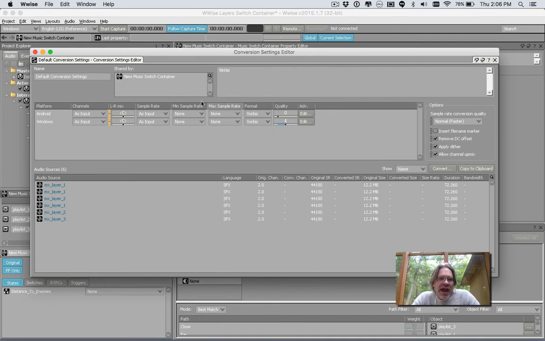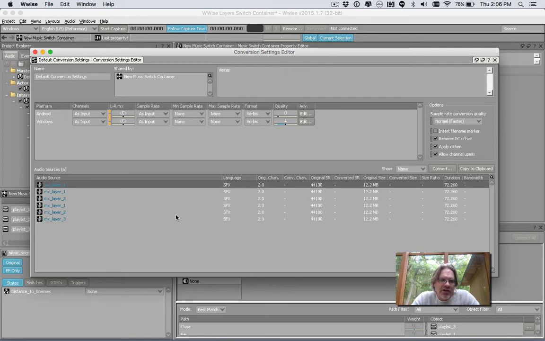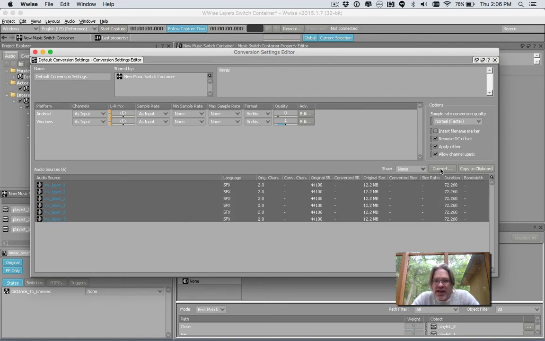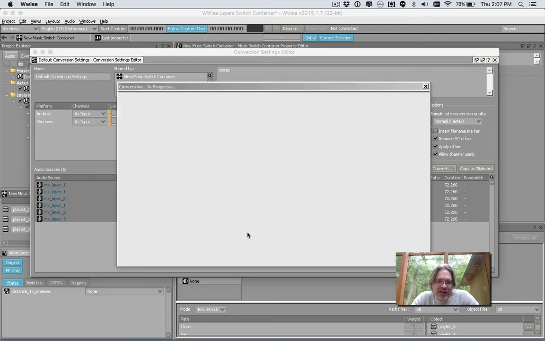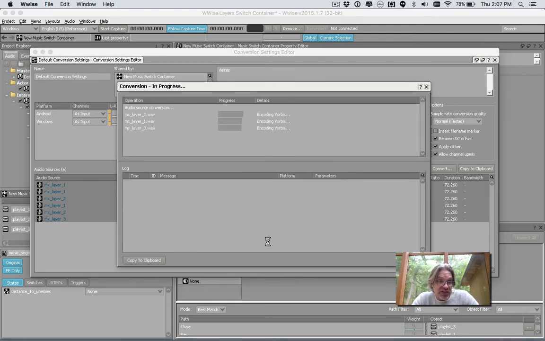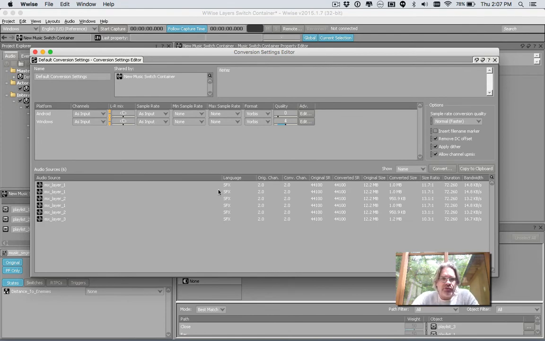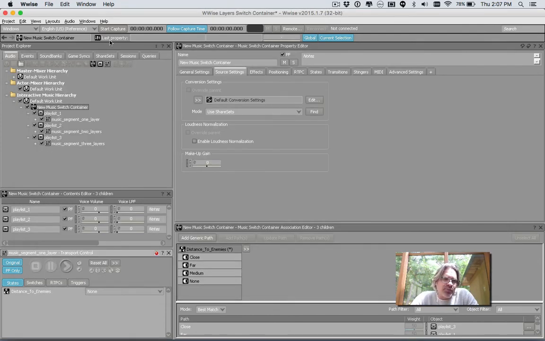Okay, so now that we've done that, what we can do is go back to the sound banks and actually convert and export our sound banks. Or in here, we can actually convert them. And we can convert for both platforms and hit OK. And then it's going to convert all your files appropriately for each of those platforms that you're set up to use. And basically now when I export my banks over,